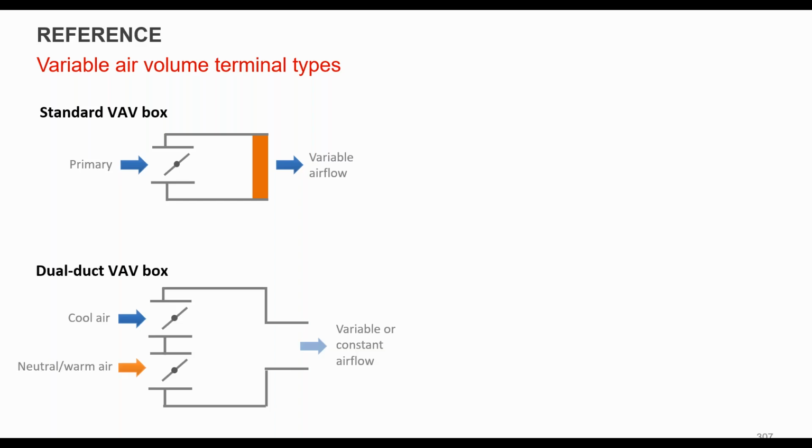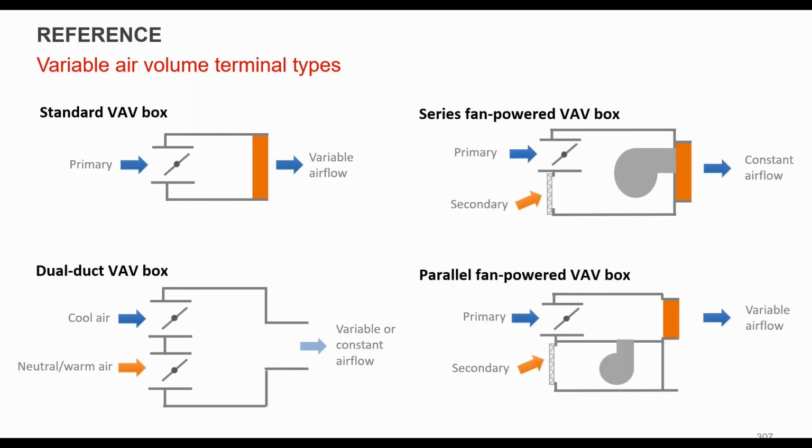So just some examples of some different box types. Again, things that you might see out there that you might need to characterize. The dual duct, I'd say, is probably not that commonly used anymore, just because it's fairly inefficient when you're heating and cooling and then mixing. But most commonly, we're seeing one of the three, the standard VAV that's got a reheat or a series or parallel box. So again, understanding what they're planning to do in the space is helpful. If you don't have an option, again, using something that's more standard like a regular VAV box for this example will work.